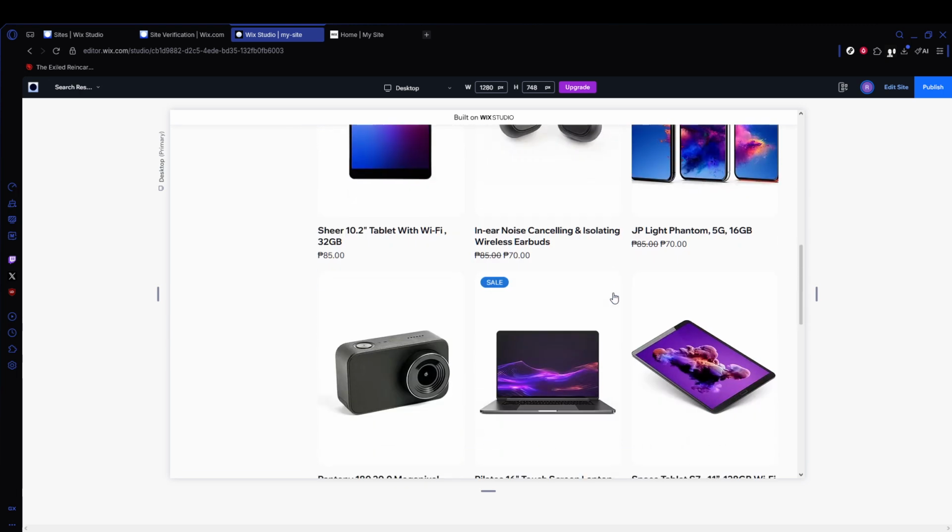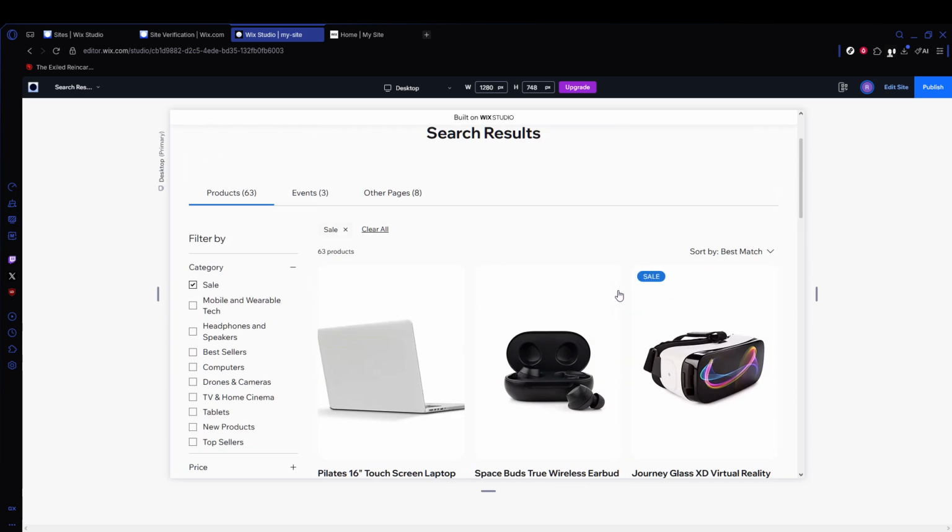Keep an eye on how people use search over time and tweak settings if you notice they're not finding what they need. That's how you create a searchable directory on Wix. By adding the Wix Site Search app,